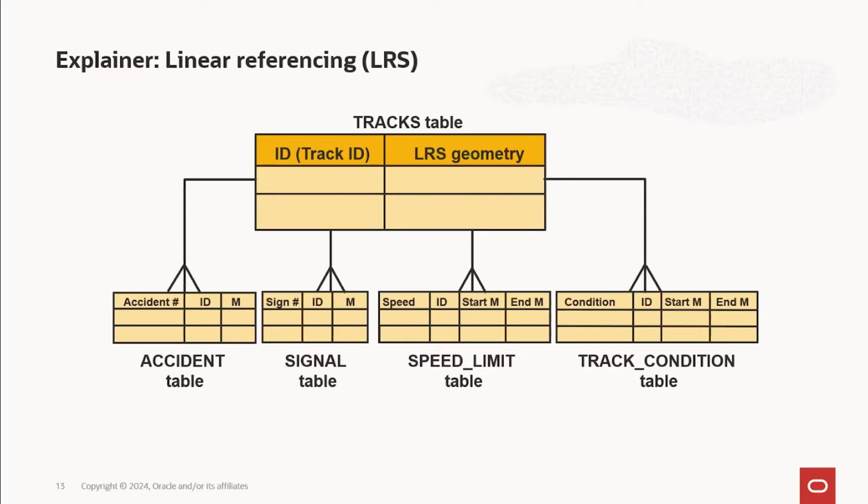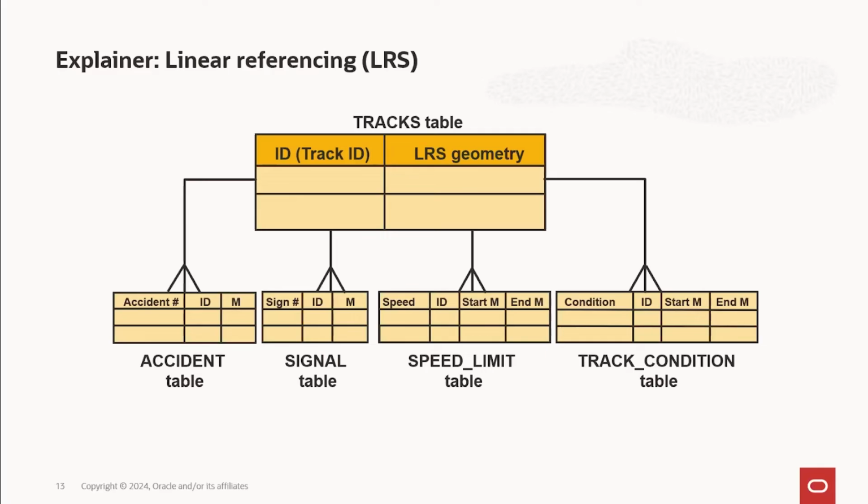And then just by using the measure and potentially an offset to the left or to the right, you can represent all kinds of information, whether it be point information, like where's the signal, right? It's 500 meters down the track and then 5 meters to the right or something, or stretches of rail with whatever speed limits or track conditions and things. But anyway, that was just a little add-on to the